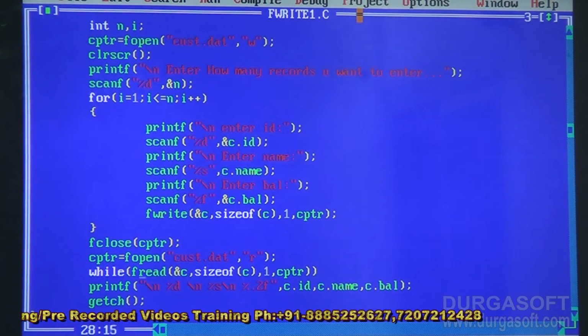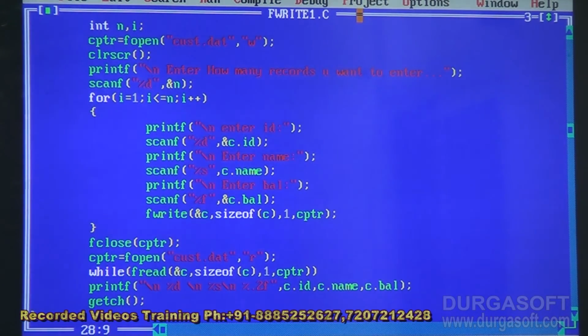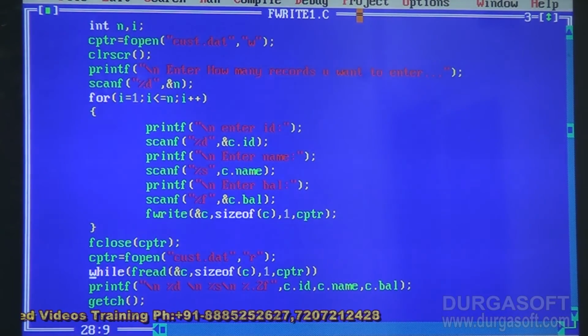Okay, so the meaning of this while loop is that it is going to read all the records till end of file